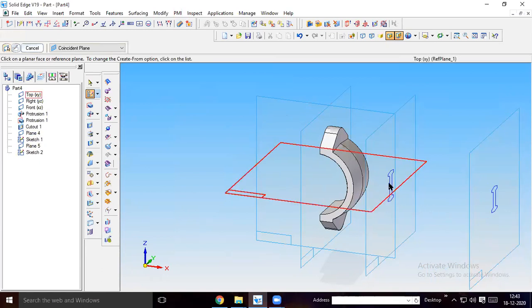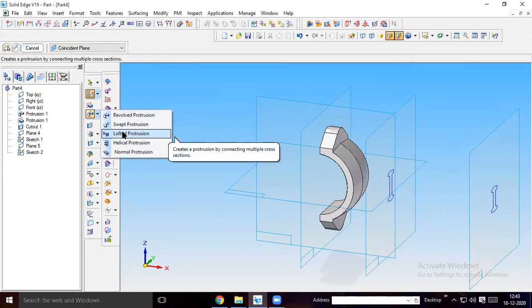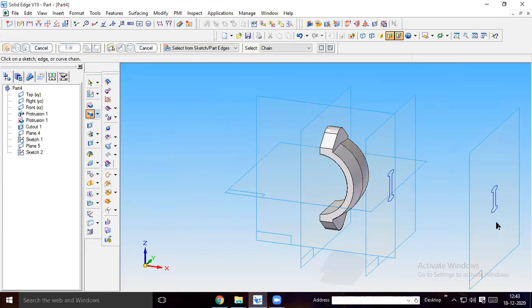I want to create in between these two profile. I want to build a solid material. For that, use in revolved protrusion. You have one more option called lofted protrusion. Select lofted protrusion. Here, select one of the reference tip. I will select bottom tip. Here also you need to select the same tip. You can select any other point also. Even if you can select top tip and top tip here. Whatever the tip you selected, head or corner you selected, same corner has to be selected on the other plane also. Are you get it?